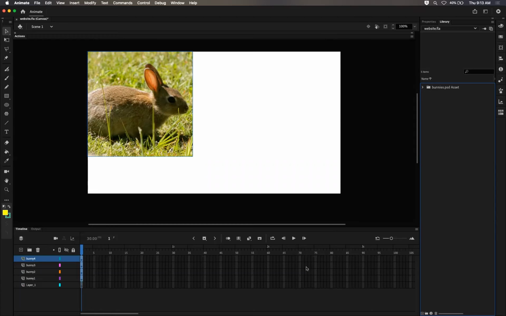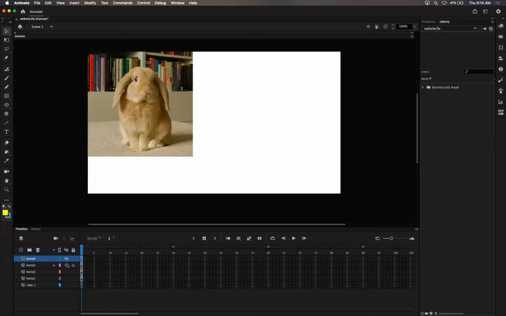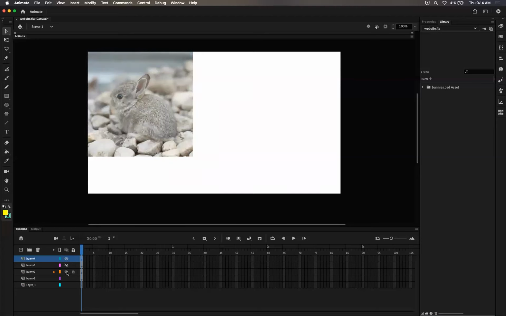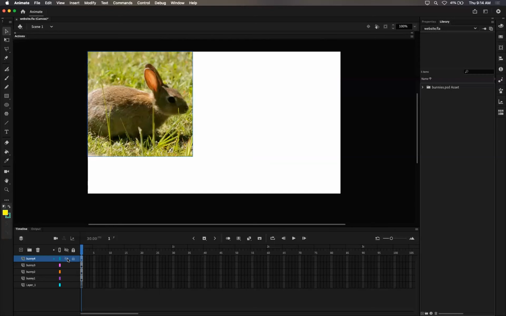and see what happens. Now, all I can see is one bunny, but that's because I've got bunny 4, and if you look at your layers now, it automatically pulled in all the different layers and all the different layer names. If I were to use the little hide icon here, I can start hiding my layers and see the ones that are underneath. I'm not sure why my bunny 1 came in so washed out, but you can also see that not only did it take all the graphics we had in that Photoshop file, position them correctly according to the top left corner, and put them all on the same layer names that they were in Photoshop, but